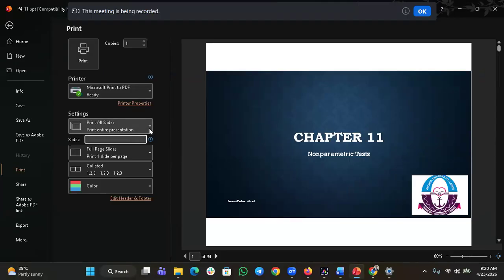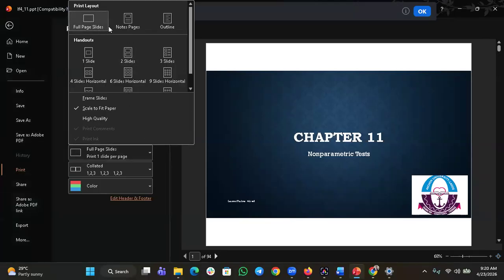All right. Currently it is on print all slides. So that is on that. Then we have another one. Is it full page slides? Now, for example, full page slides means it will only print the whole page 1 on one paper for you. But now, let me go to